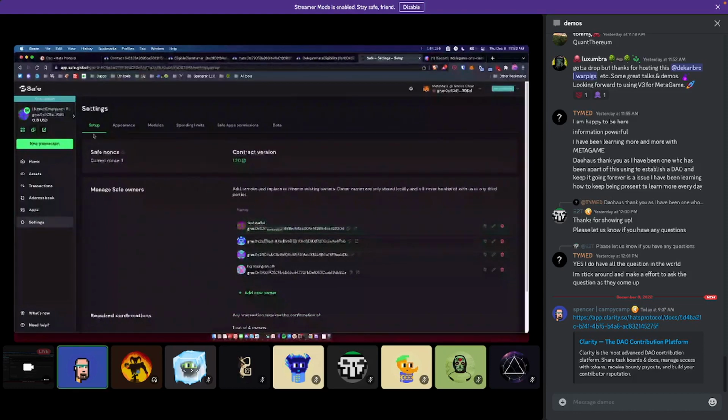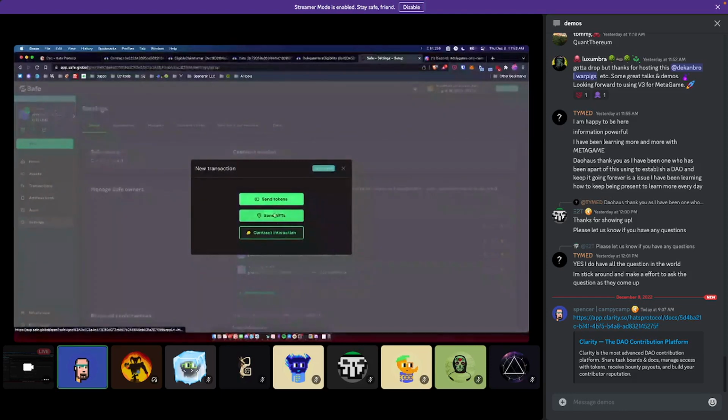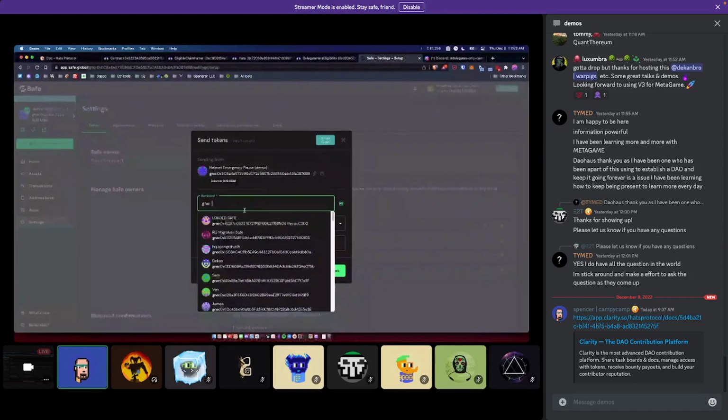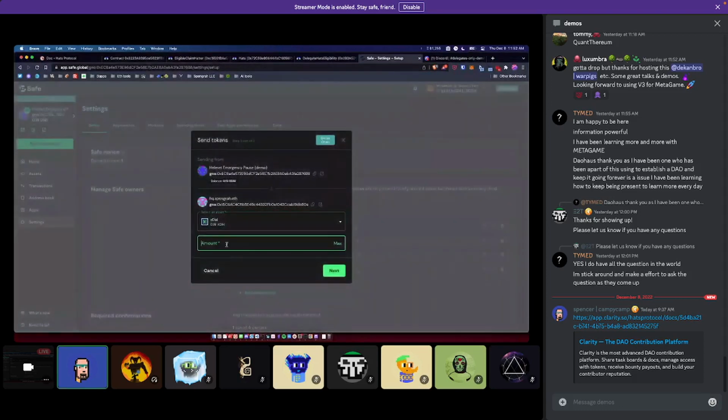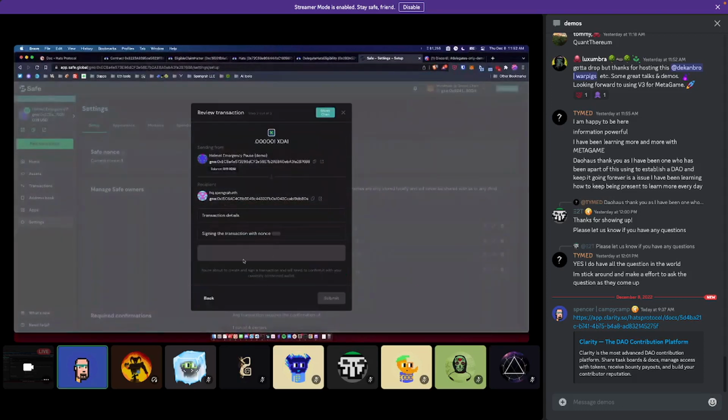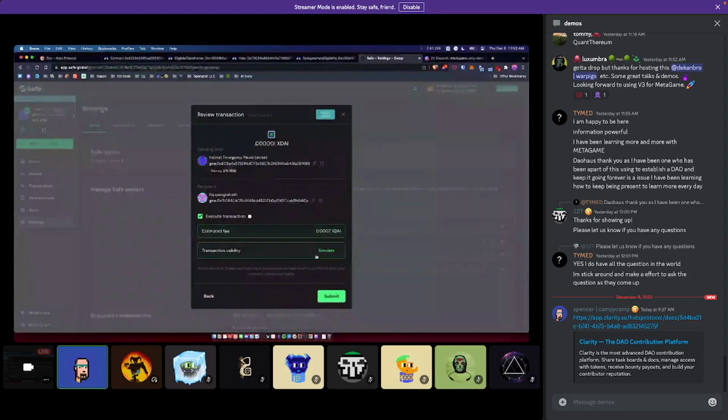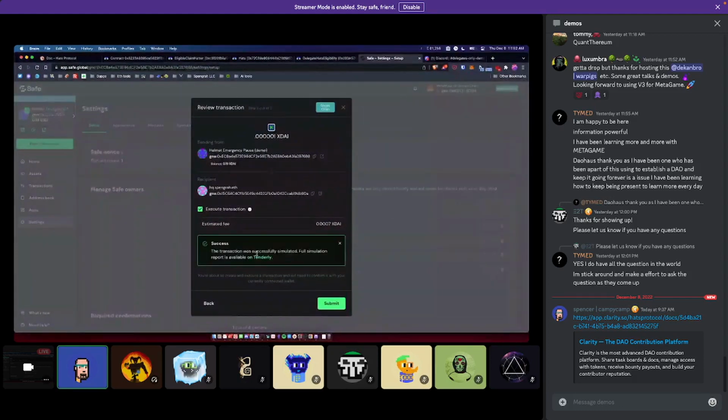What that means is, if I wanted to, I could send some tokens. I'm just going to attempt to send some dust, as I said earlier, to myself or to my other wallet. I'm not actually going to do this. I'm just going to simulate via Tenderly, and the transaction would succeed, because I'm a signer on the safe and because it's 1 of n, I can execute transactions here. In our demo scenario, I would be executing transactions here in order to pause the Hats DAO or Hats Protocol smart contracts.